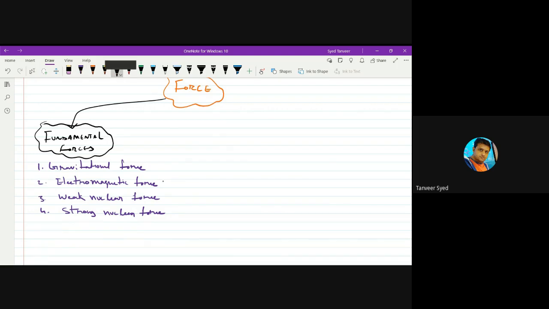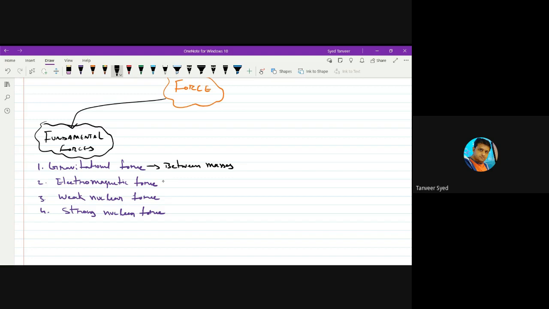Gravitational force is observed between masses. It acts between masses. Any body that has mass can exert or experience this gravitational force. This force is responsible for the existence of our solar system. This force is responsible for us sticking to the surface of Earth. The Moon is revolving around Earth because of gravity. Earth is revolving around the Sun because of gravity. All the planets are revolving around the Sun because of gravity. And